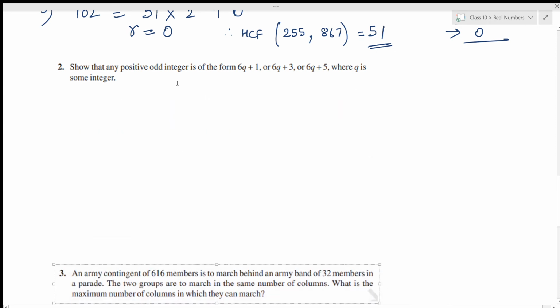Now this question is another application of this Euclid's division algorithm or lemma. So it is related to finding the properties of numbers or integers. Means we can actually say that an integer can be written in the form of this when you divide. Like I have explained you that a is equals to bq plus r. Q is your quotient and r is the remainder.